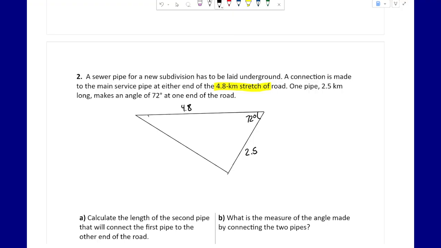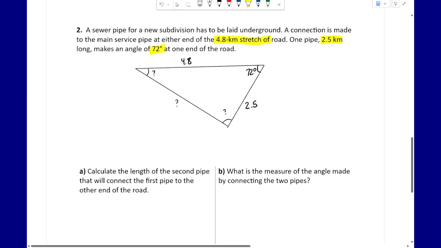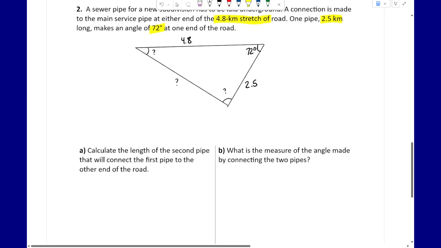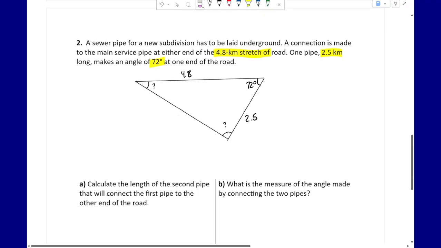We don't know what the angle is, and we don't know what this angle is. And we don't know what this side is. So those are all pieces of information that we don't know. But based off of what the question gives us, we can label it as such. Now question A is saying calculate the length of the second pipe that will connect to the first pipe to the other end of the road. So I want to calculate